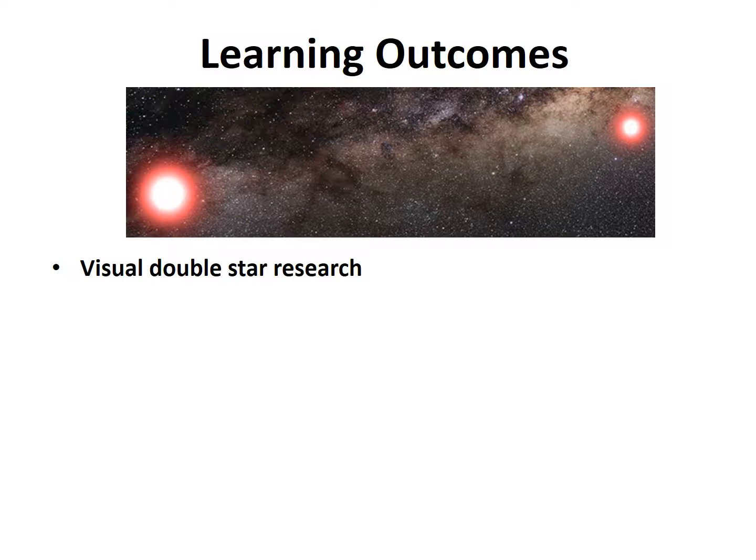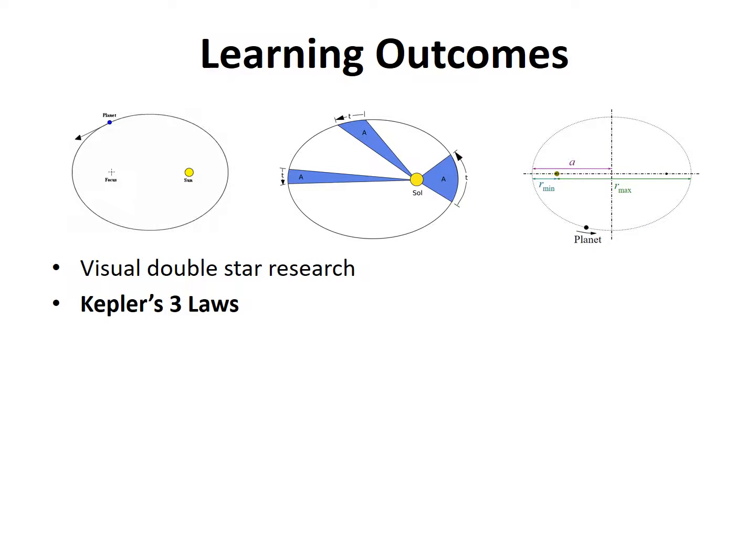This lecture is an introduction to visual double star research. It provides the big picture of visual double star research, although with emphasis on one particular type of visual double stars, visual binaries. We will learn about Johannes Kepler's 3 laws of planetary motion that helped launch the age of